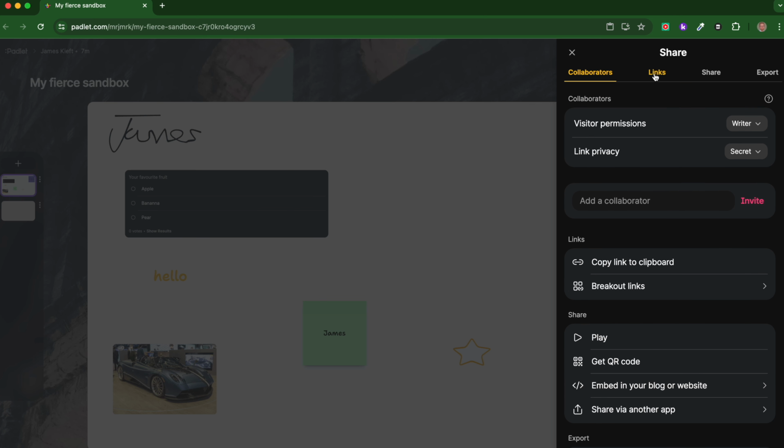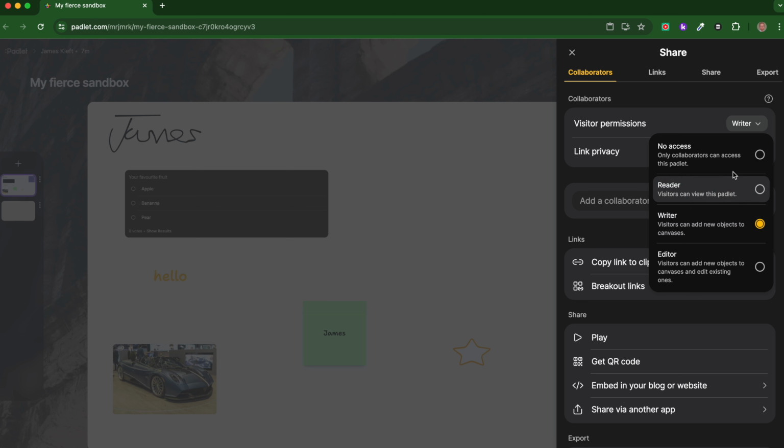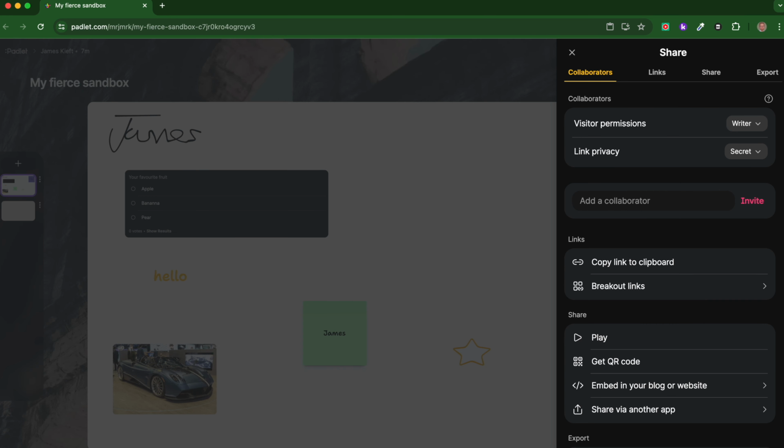So if I click visitor permissions, just very quickly, that's the key one. You're going to allow them to add new objects because you want them to edit what you put on there, because that could be activities. But yeah, that's the option that you'd have. We can then